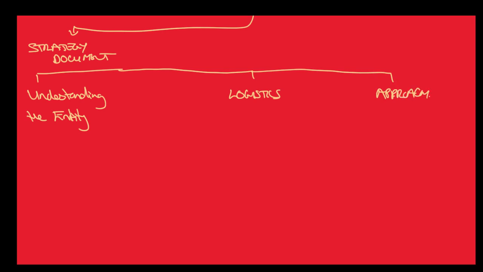Okay, so they're the three things that I want you to think of when we have a strategy document. So, what goes into it? Well, to understand the entity, we need to understand the industry that they're in. And we do that using PESTEL. Okay, PESTEL, we need to have a look. Are there any political aspects that may be affecting this industry either now or in the future? Will a change of government affect this industry?